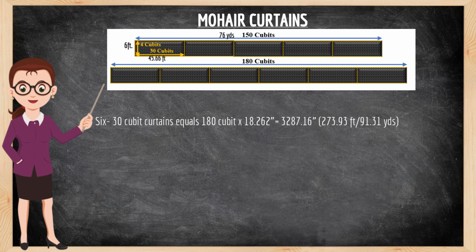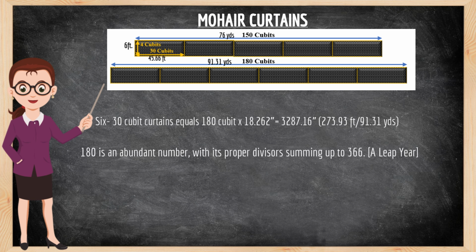3,287.16 inches, or 273.93 feet, or 91.31 yards. So 180 is an abundant number with its proper divisors summing up to 366. An abundant number is where all divisors added together exceed the number. Remember, our perfect number, all the divisors added up equaled the number. So in this abundant number, the divisors exceed the number. Thus, the divisors of 180 equal 366, or the number of solar days in the leap